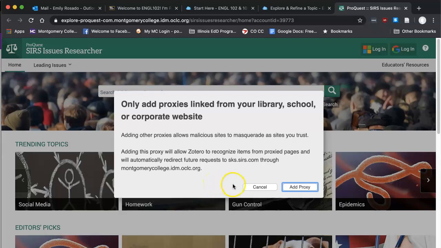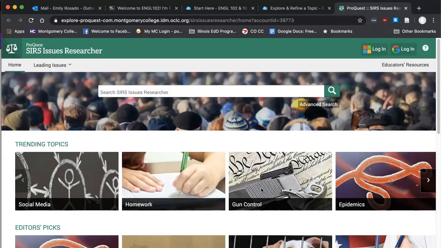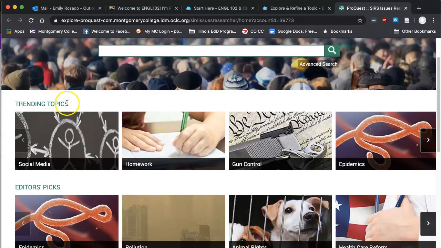Okay, what is this? Oh, I'm just going to cancel that. Alright, so up at the top you'll see that there's a search bar where you can enter in your search terms. Also, it has this trending topics section. So you see here social media, homework, gun control, epidemics, excuse me,